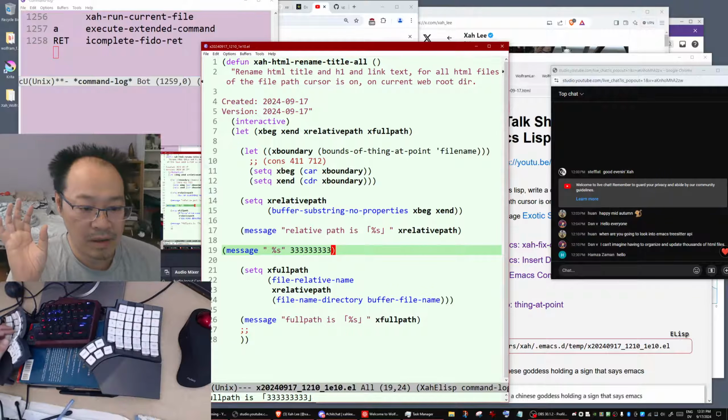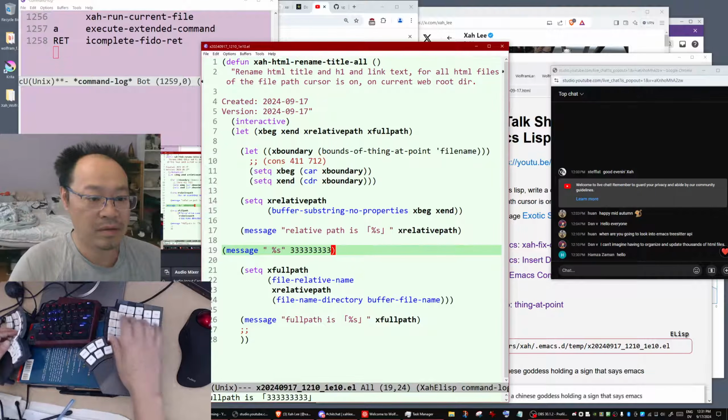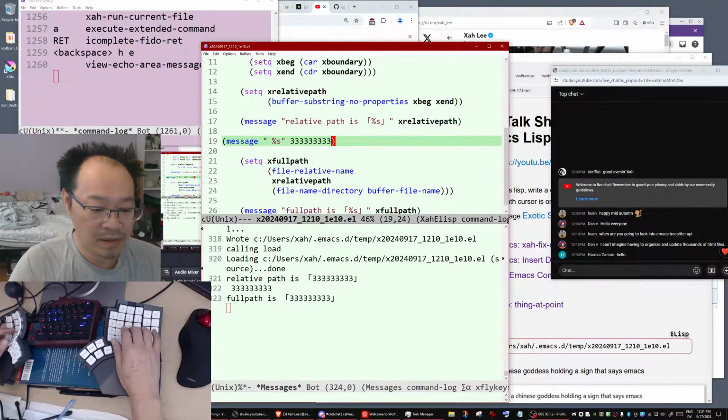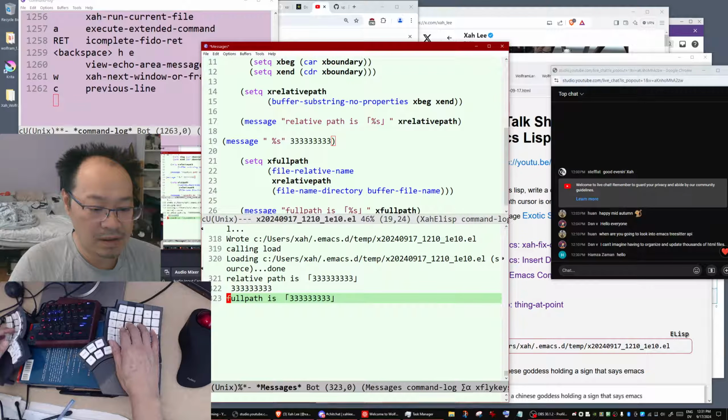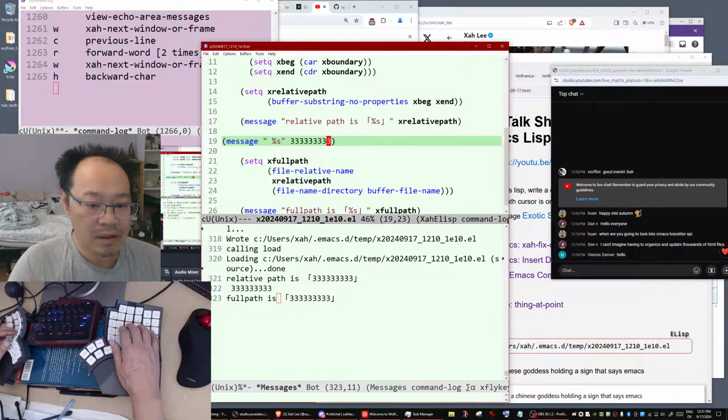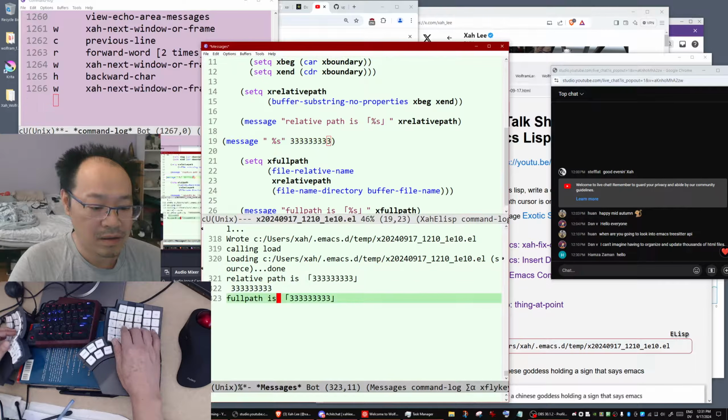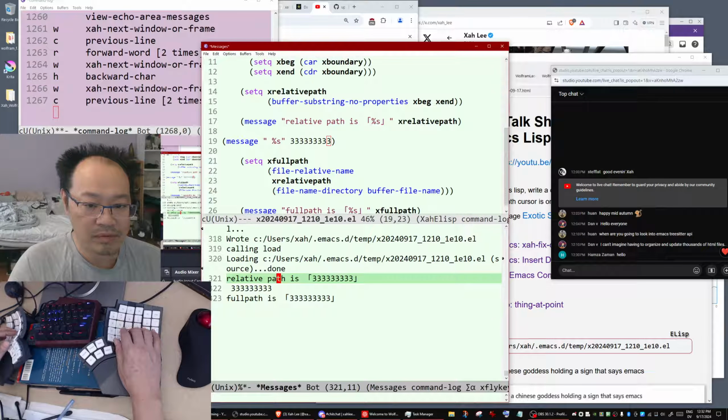Okay, something is wrong. I don't know what. It's printing this. So somehow the value of 333 got set to the relative path. What?